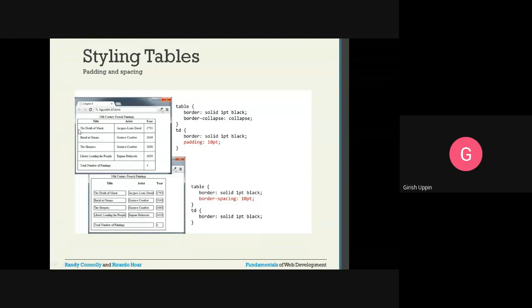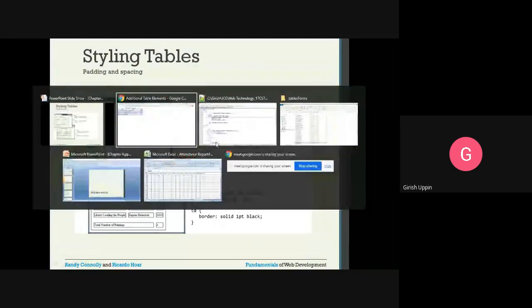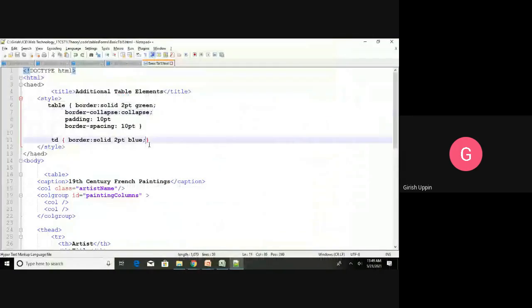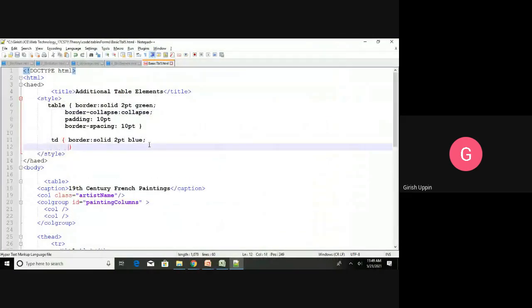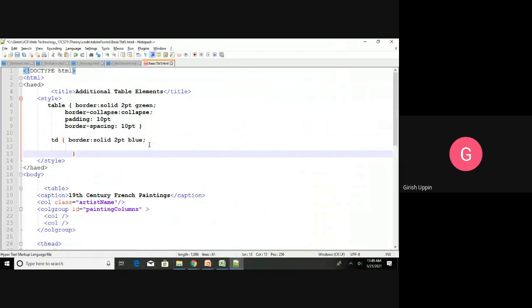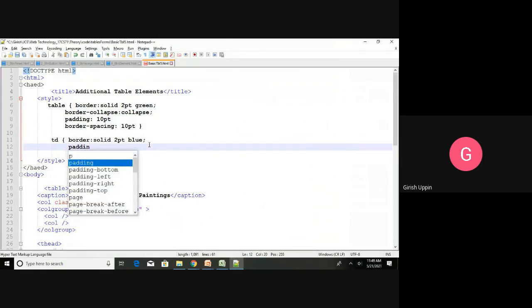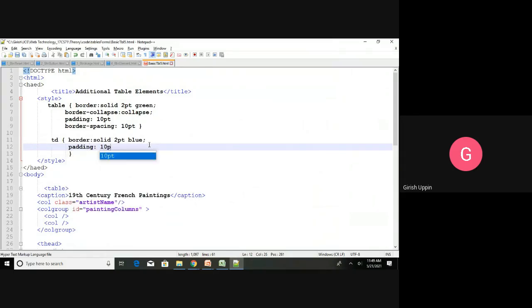Otherwise these are the default values, and this is 10 pt, which is the largest value. So I will say padding 10 pt for this TD. I will add it. I will say padding colon 10 pt.